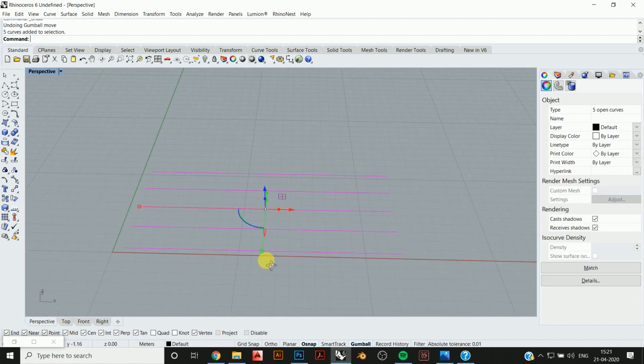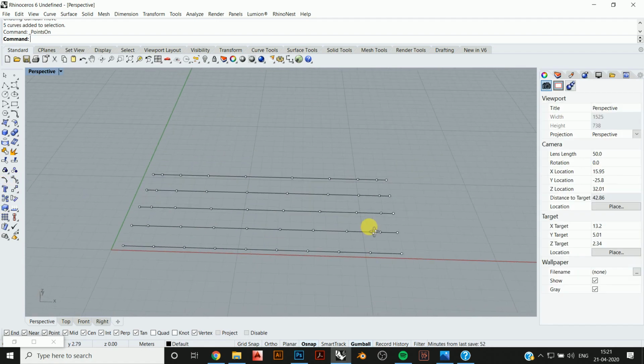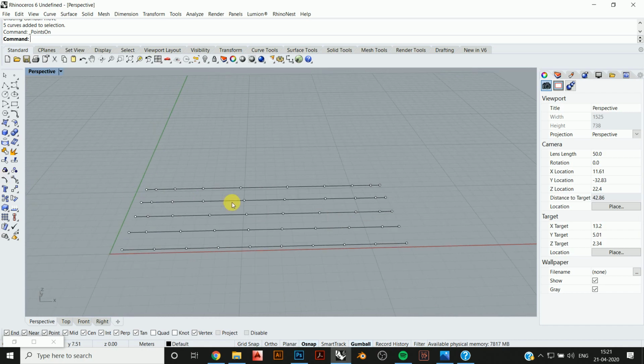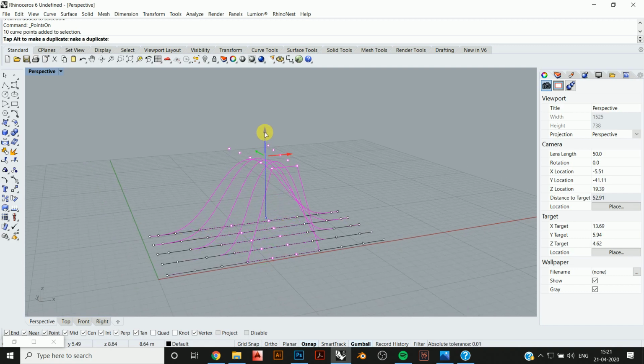Here we got all the curves, and now I select the control points, select the center points and move them up.